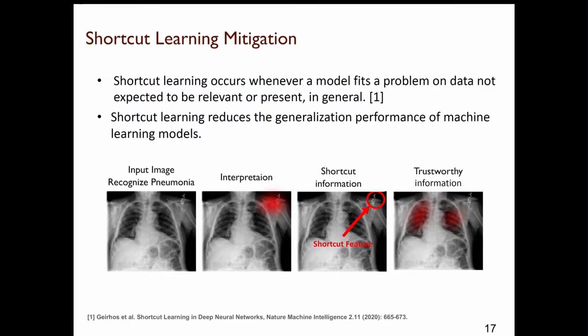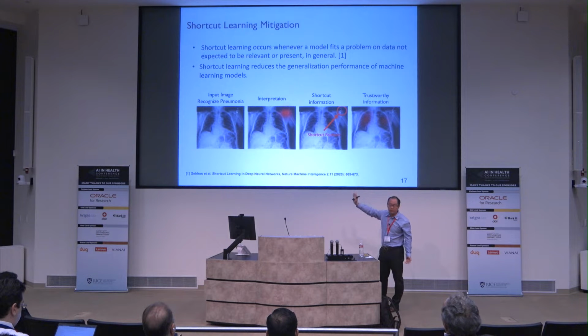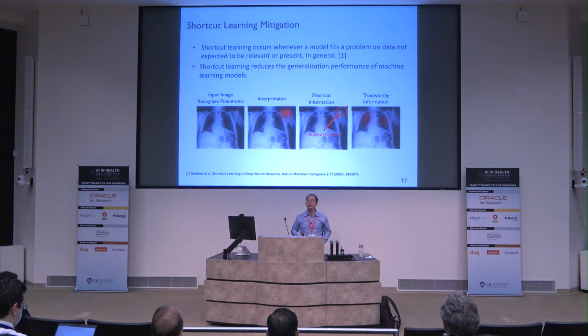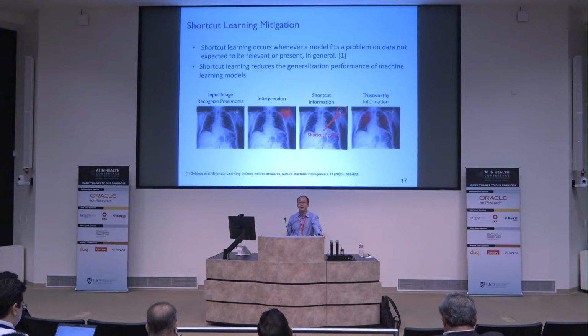Again, come back to this example. The first one is a raw image, and the application is pneumonia recognition. Unfortunately, our AI model was too smart. It takes a shortcut path, because it was smart enough to identify a shortcut feature, which is a hospital token associated with the patients. At the time when the patient was admitted to the hospital, they will be associated with a token in their